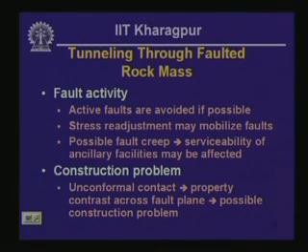Okay. Now, we have looked at the problem associated with tunneling through folds. Now, let us look at the problems that you might encounter in the construction of tunnels through faulted rock mass. The problems are essentially of the following types. You have to consider the activity of the fault, whether the fault has been active in the recent past or not. Active faults are typically avoided during construction of tunnels if possible,